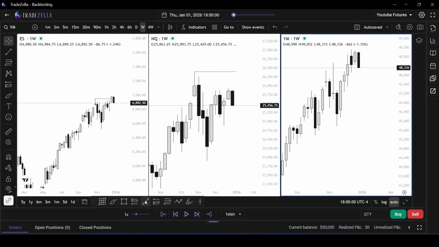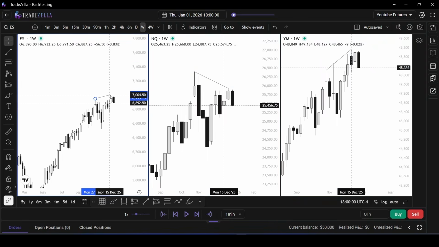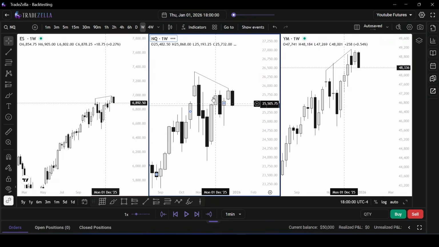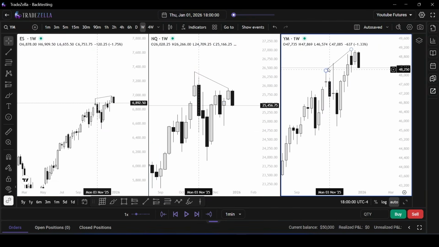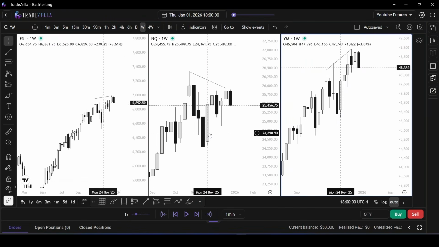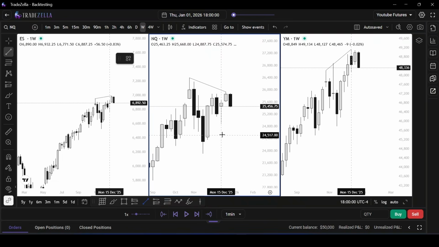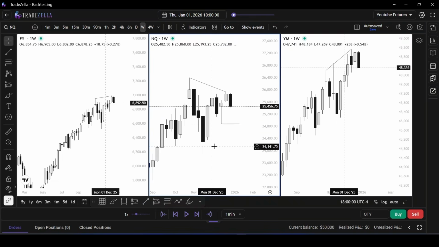This high. And you can see we have an SMT there, right? So we have an SMT with this high. You can see ES straight into that high, NQ failed to reach that high, and YM traded into the high. So we have an SMT between these three assets. So if this SMT is gonna hold, that means price can attack the opposite side of the range, which is